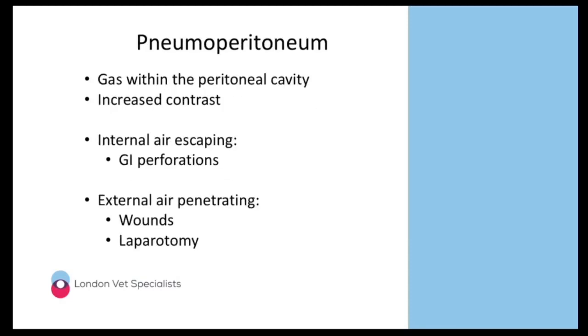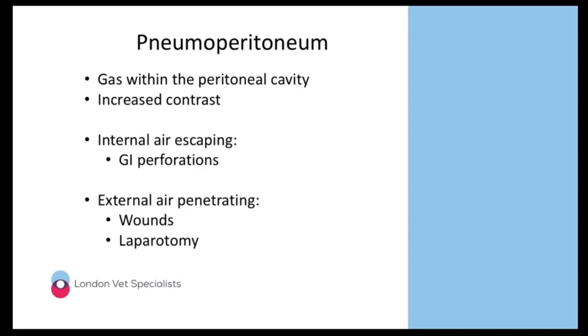When we're looking to diagnose a pneumoperitoneum, effectively what we're looking for is any evidence of gas within the peritoneal cavity. And that usually manifests itself as an increase in contrast and is usually due to internal air escaping into the peritoneal cavity, so internal air popping out, and that's usually as a result of a primary gastrointestinal problem,